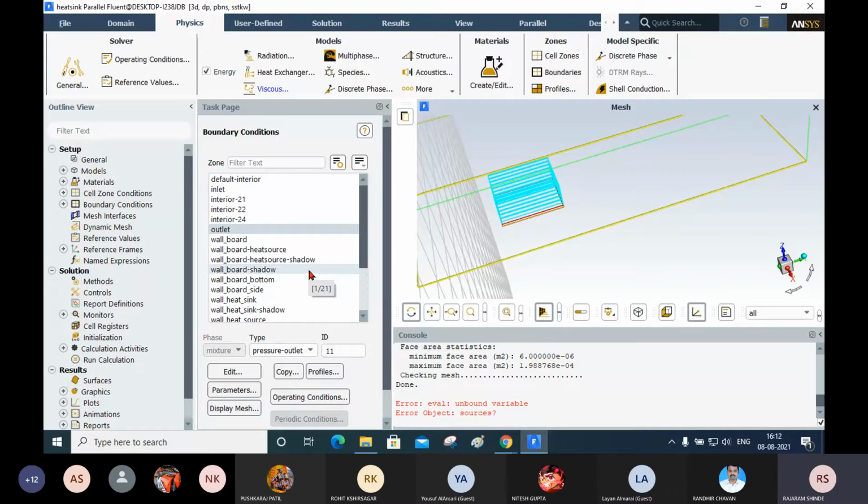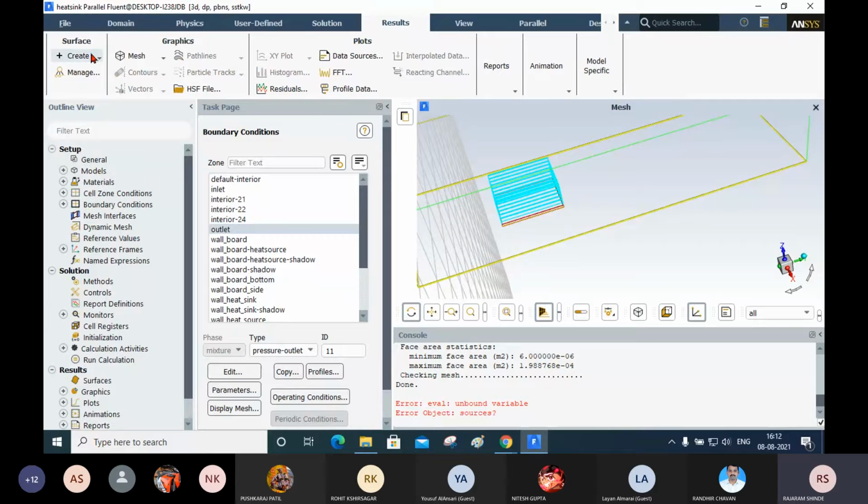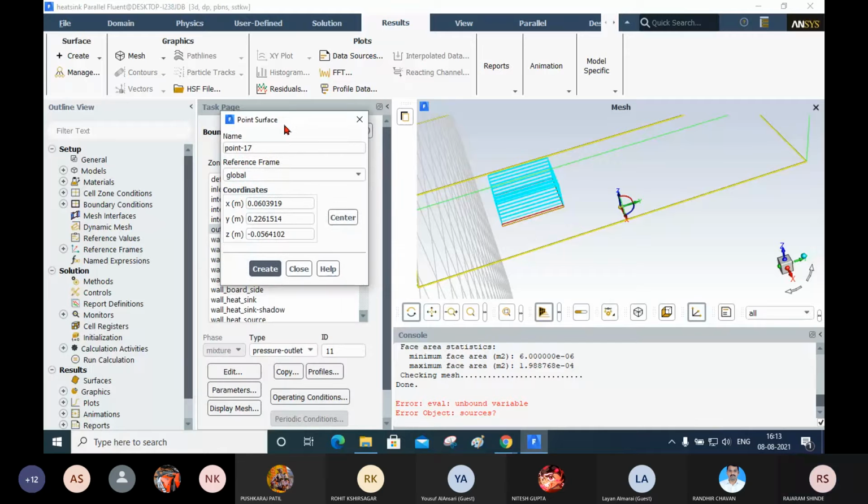Then I will create one point. For creating the point, I will go to the result. It is for checking the results. Okay. So in create, I will create the point. Then I will give the name. It is for monitoring the result, and what we are going to monitor? We are going to monitor the temperature on all the things.